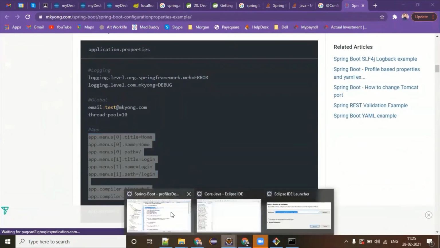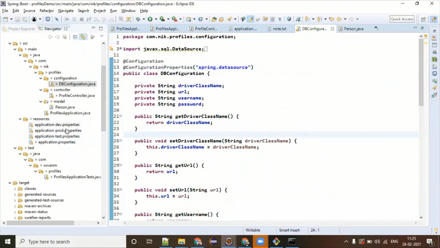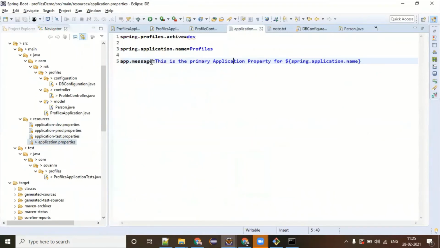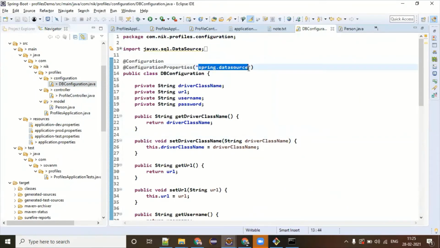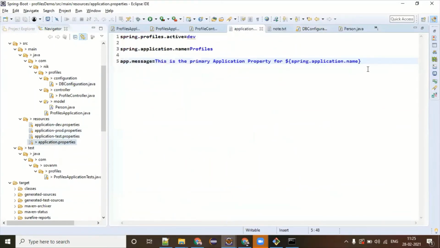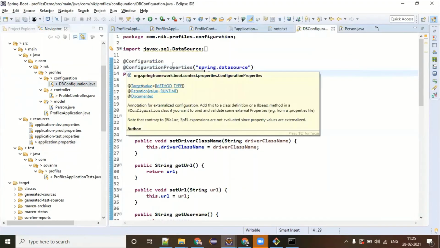Similarly, in our application, this properties file has app.message, but whatever data source I provide will be something like spring.datasource.driver-class. So whichever starts with app.message, which does not start with spring.datasource, will not be loaded in this configuration. So the idea is we are giving the root key from where you have to start scanning the properties.